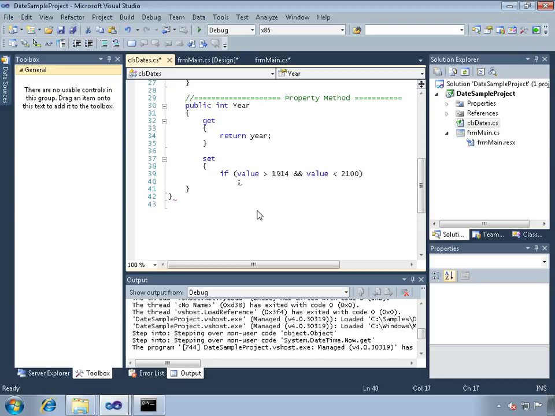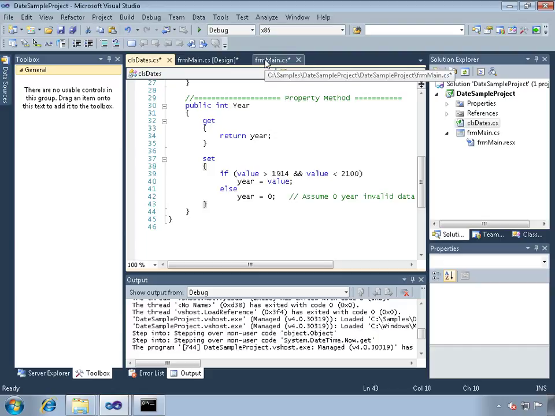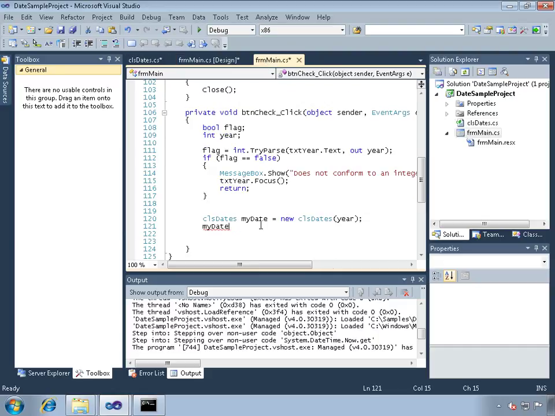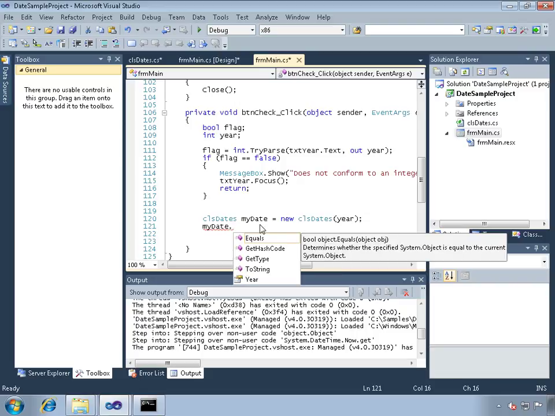So to do that, I'm going to say year equals value. Else year equals 0. And here what I'm using is 0 as an invalid value. So I might comment that and say assume 0 year invalid data. All right. Now let's go back to main. And I can see that year